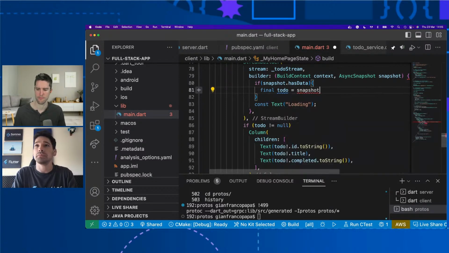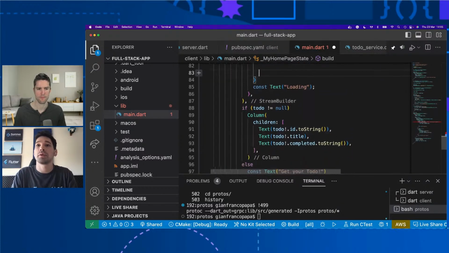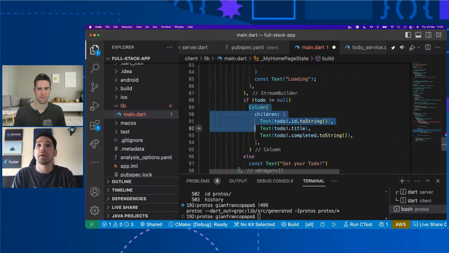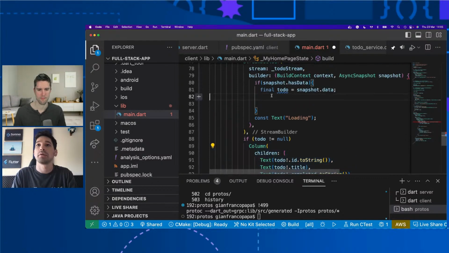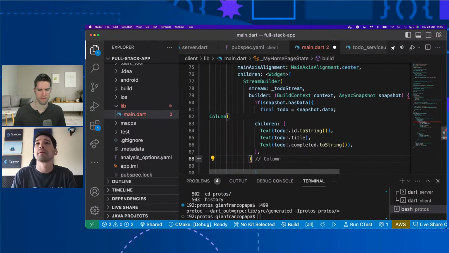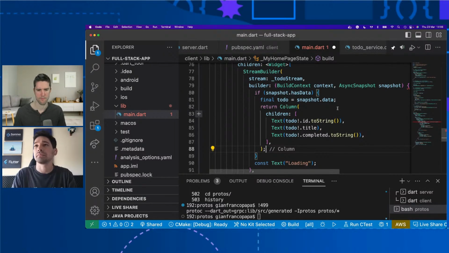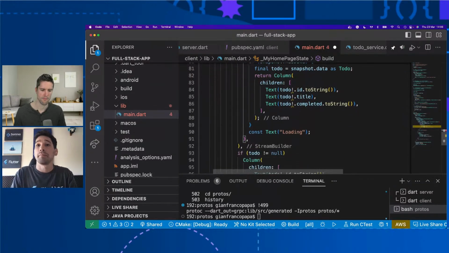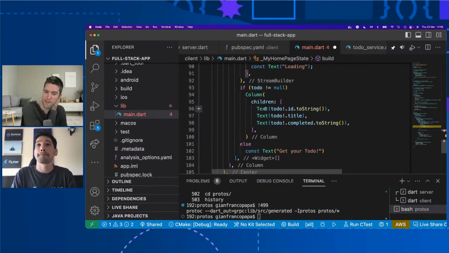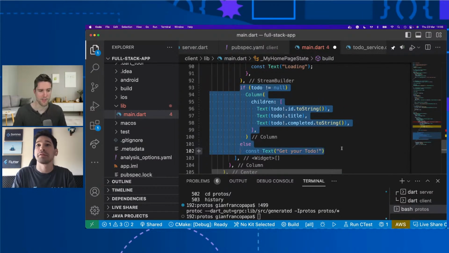So let's do that. And we can display a column with our to-do, right? And we have to actually return the column this time. And that's it. I don't know if we have to actually parse this or if it's already parsed. Yeah, I'm not gonna lie, I've not done this in a minute, so I'm not really sure either.